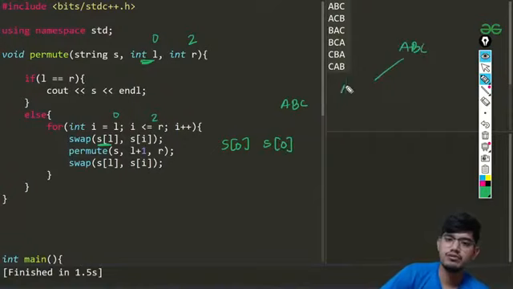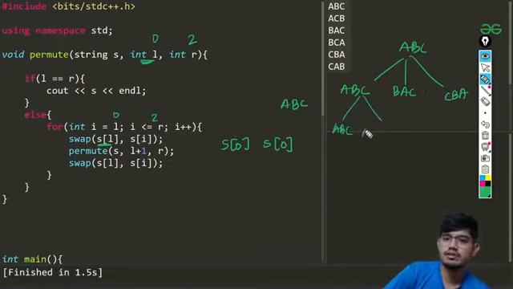Then if we swap A with B, we get BAC, and then CBA. Then again it will get ABC, ACB, then BAC, then BCA, then CBA, and lastly CAB.